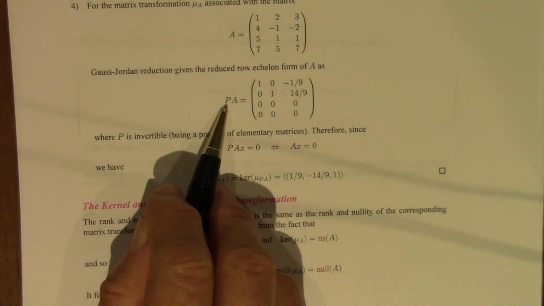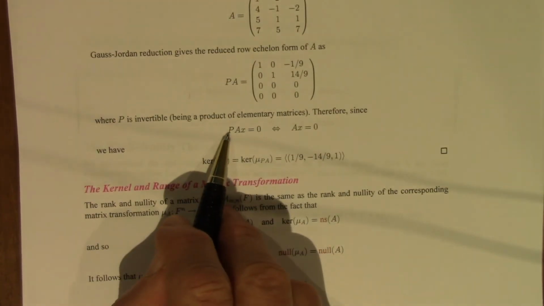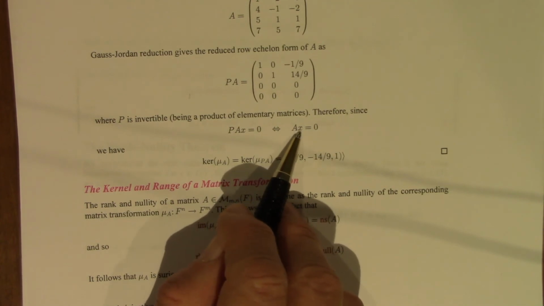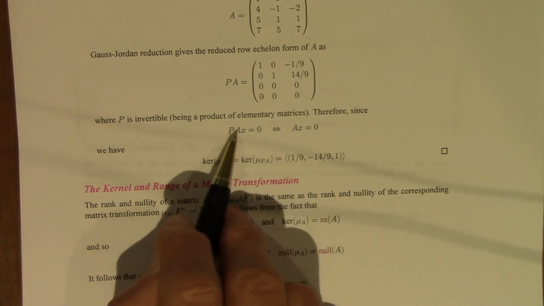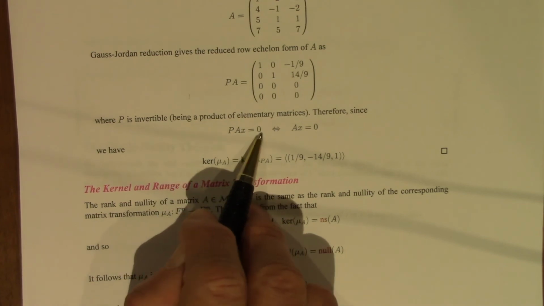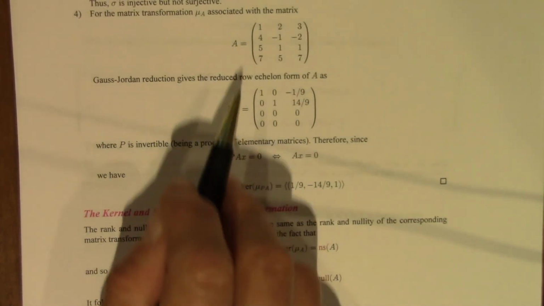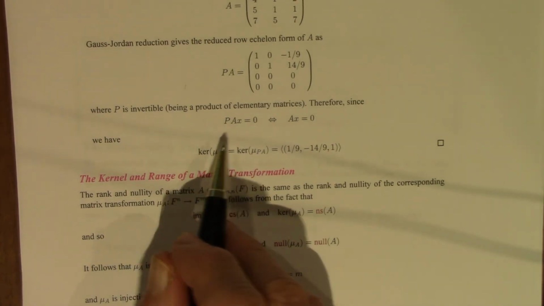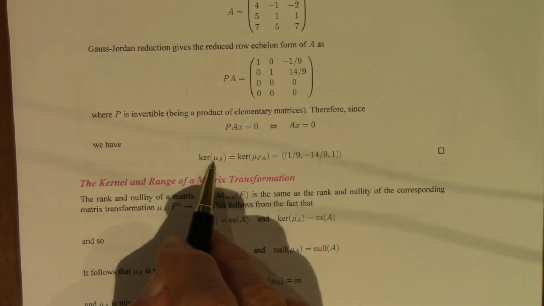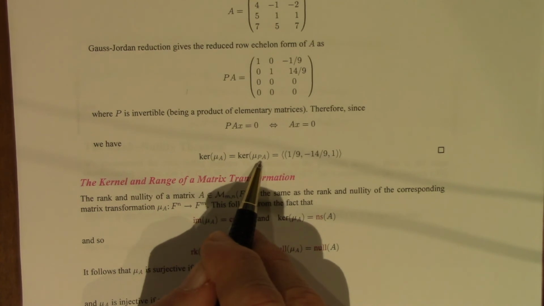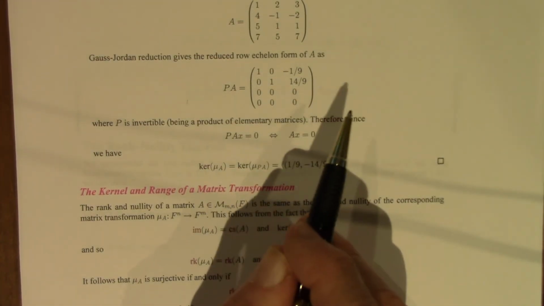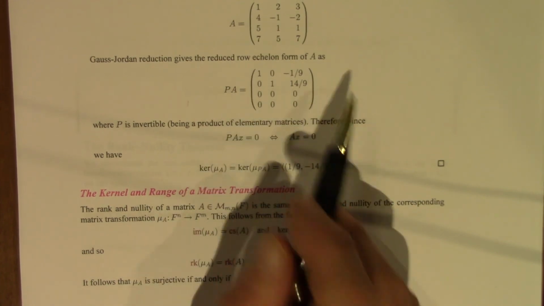And because P is invertible, AX is 0. In other words, X is in the kernel of A if and only if PAX is 0. So these two matrices have the same kernel, or the corresponding transformations, mu A and mu PA, have the same kernel. And it's easy to check which vectors get sent to 0,